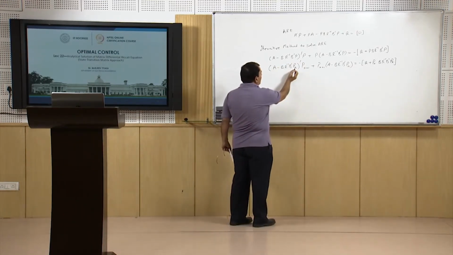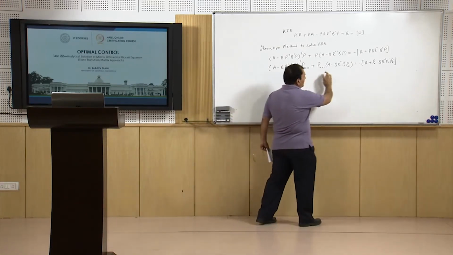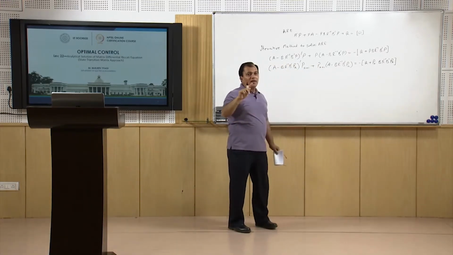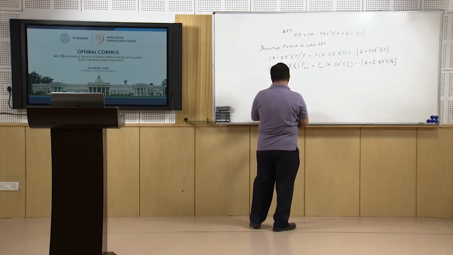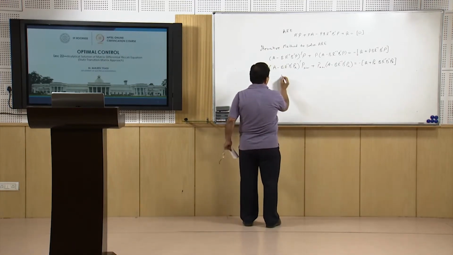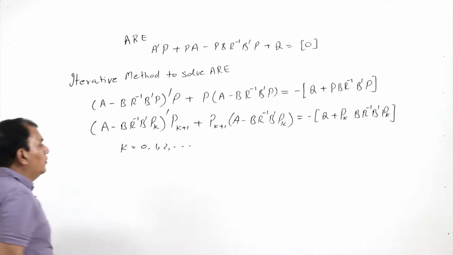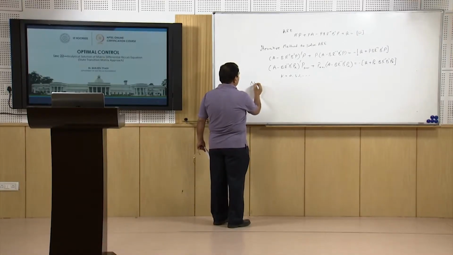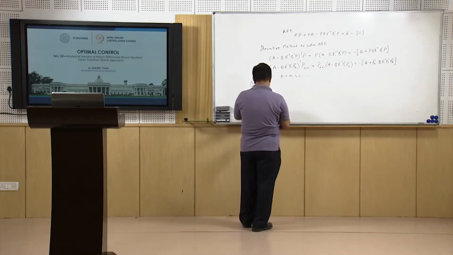I will start with the initial guess of the Pk and solve this equation for Pk plus 1. So, I will get the next value of the Pk. I can start with k to be 0, 1, 2 and so on. So, we have to note down here,